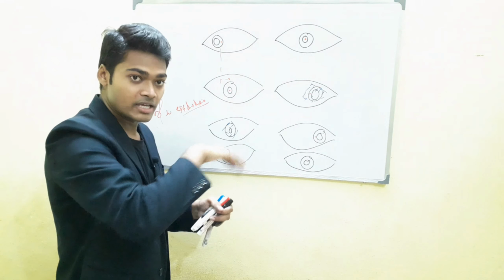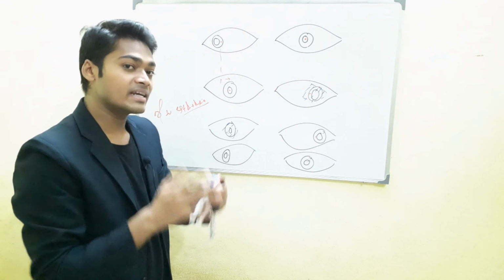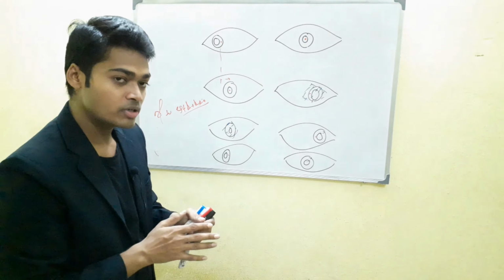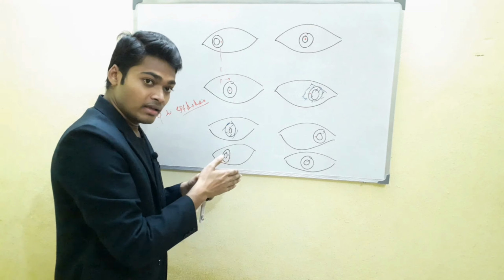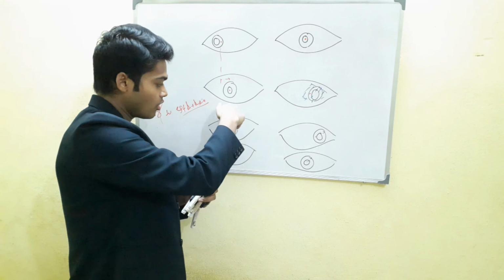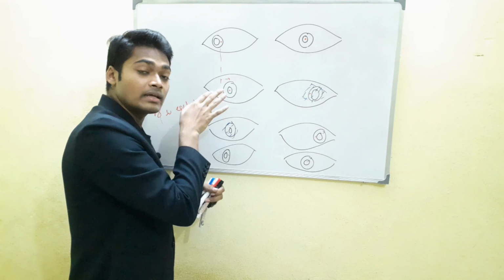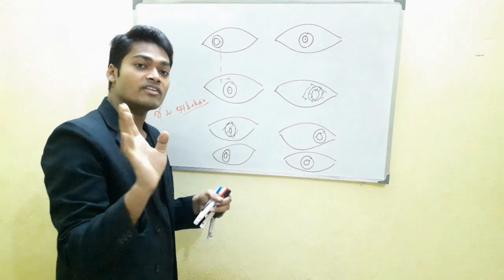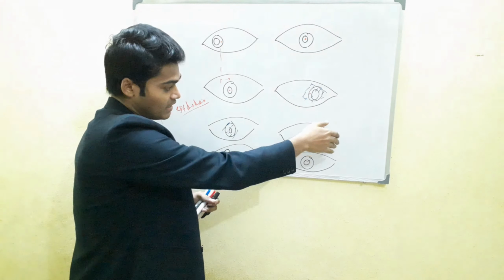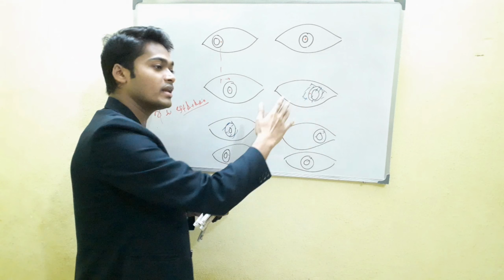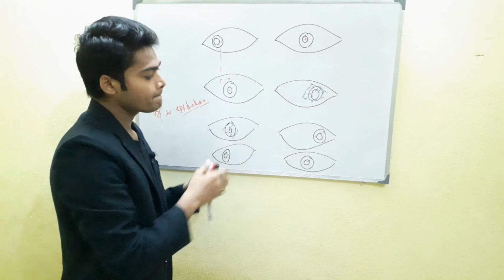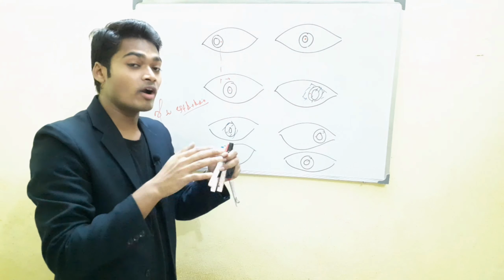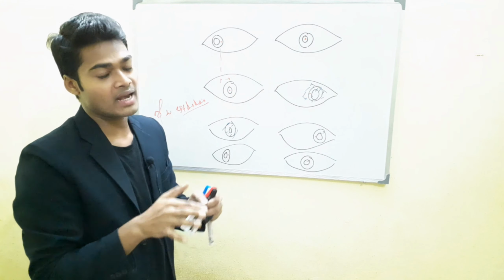In alternate exotropia, what will happen in paralytic squint? In paralytic squint, it is possible that the normal eye, on removing the occluder, maintains its fixation, but the deviating eye remains at one position. So this is the conclusion of unilateral squint, right. And what about the comitant squint and paralytic squint?